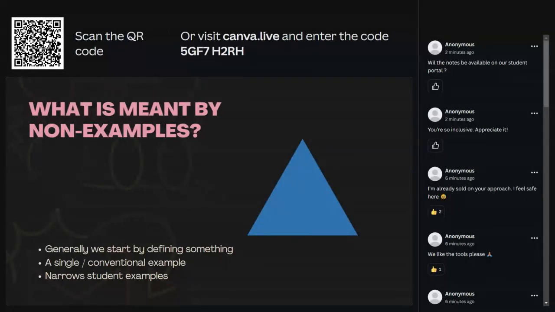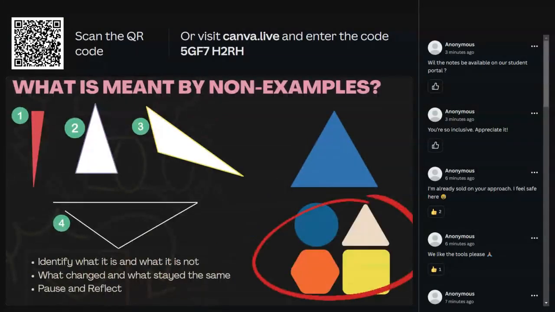If I was going to teach about a triangle, and I was going to give you this picture, at the end of it, it was almost going to be a narrow example, because you'd walk away thinking that a triangle has 3 equal sides. It's probably blue. The points will touch on each side, and you'll walk away with this particular picture of what a triangle is, for a simplistic example this evening.